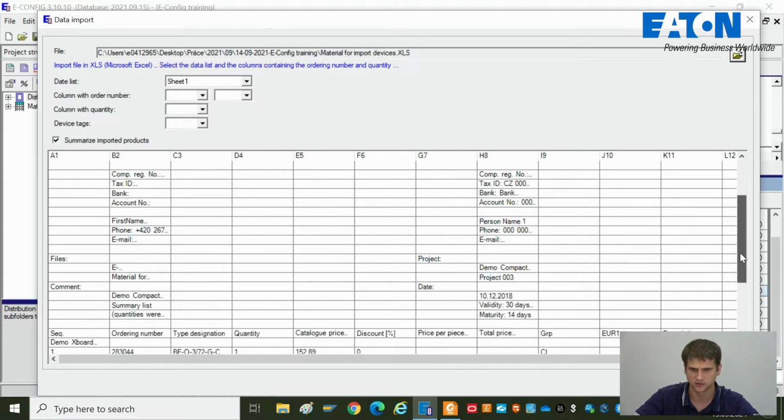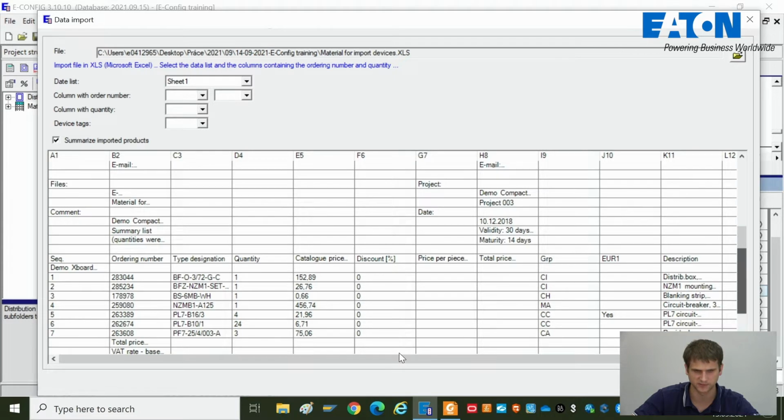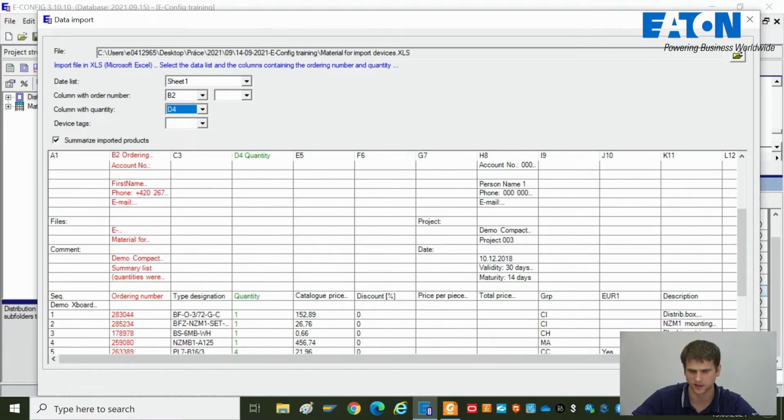So the column with the order number in my case is column B, so I will choose B2. You can see that it's highlighted in red now. And then I select the column with quantity, it's column D4. So I select D4. And that's quite everything. Then I just click on the OK button, and